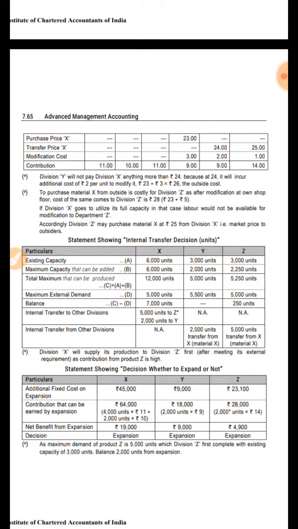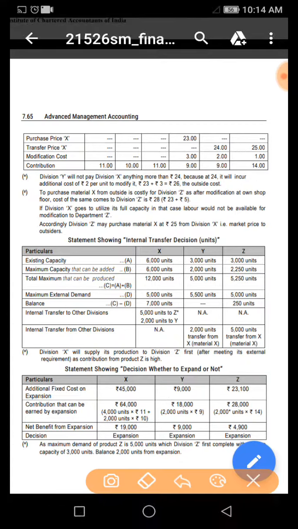Why only 5,000 units to Z? Because maximum demand itself is 5,000 units. So 5,000 units to Z, then balance 2,000 units to Y. Internal transfer from other division not applicable. Okay. Then for Y,